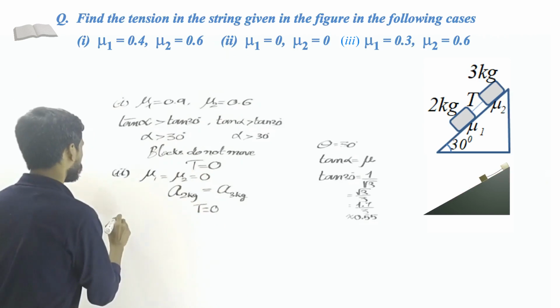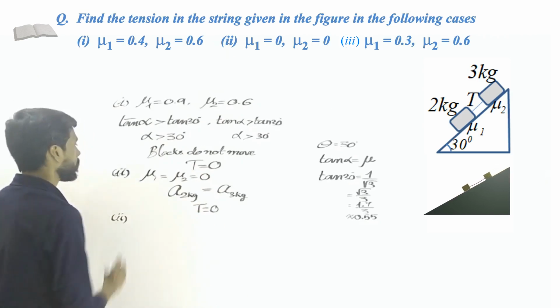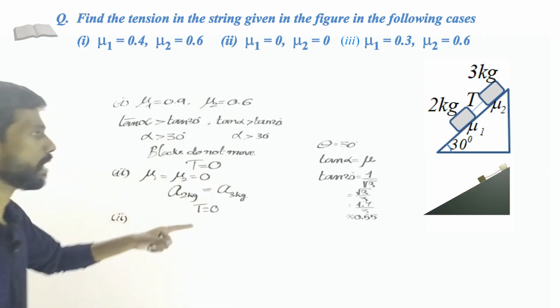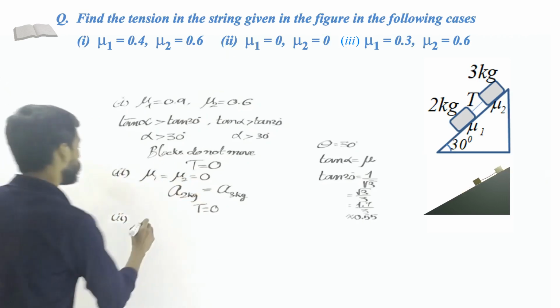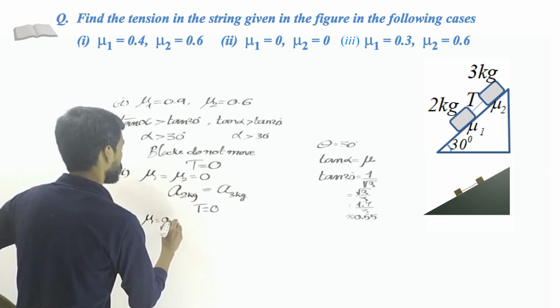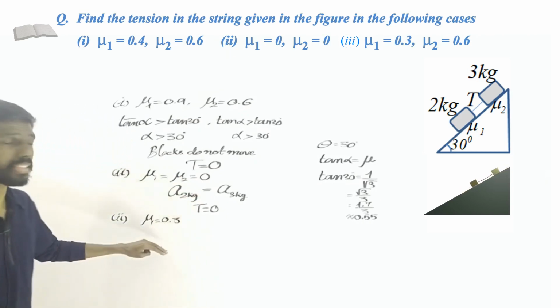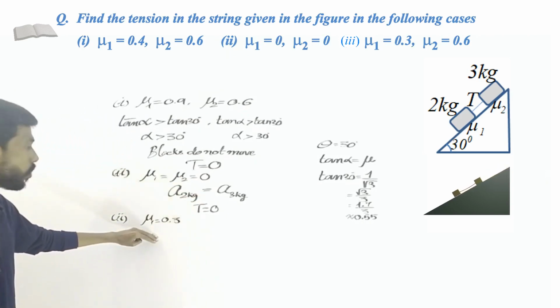Now the third case. What is that? mu1 is 0.3 and mu2 is 0.6. So mu1 is 0.3, which is less. That means this time, the angle alpha